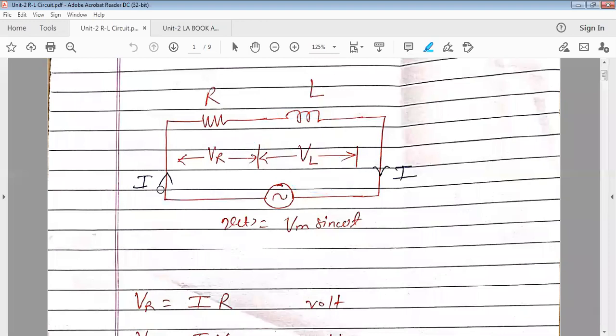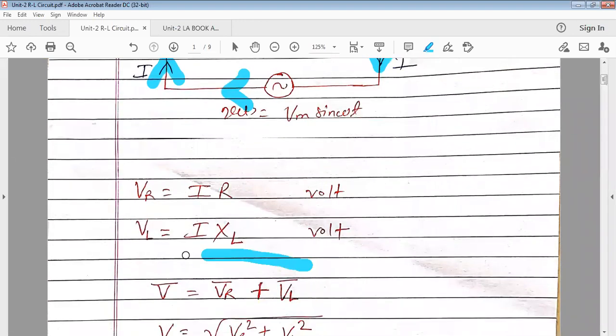Okay. So here we are going to draw the phasor diagram. The current flowing through the circuit is the same. The same current starts from the voltage source and flows through the resistance and the inductor also. So when we draw the phasor diagram, we are going to take current as a reference. Reference means it will be along the positive real axis. And another formula we will use to complete the phasor diagram: the phasor sum of VR and VL is V. Okay, so we'll draw the phasor diagram.